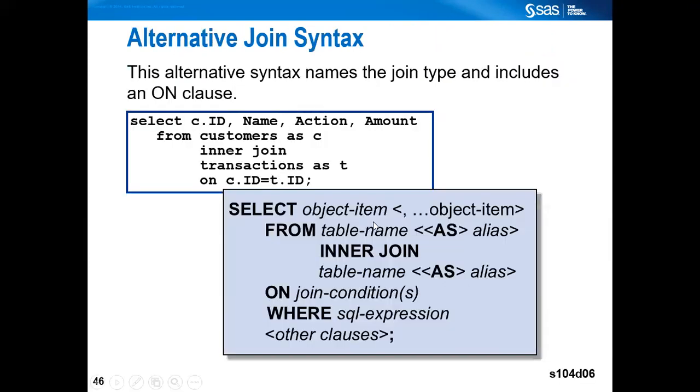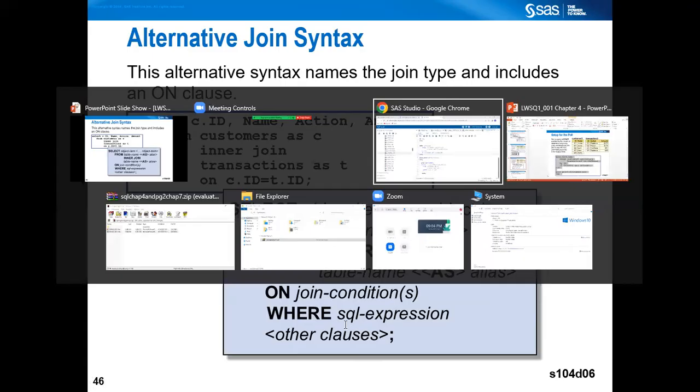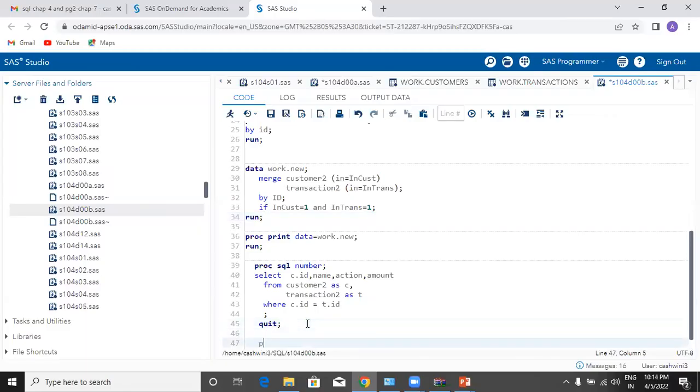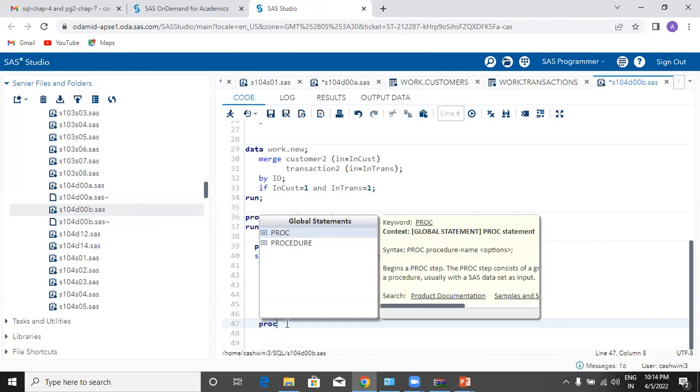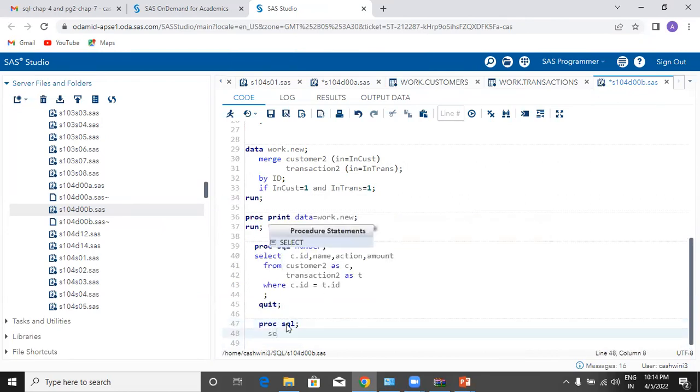Okay, so alternate syntax of your inner join. Between one table and second table you write a keyword inner join and you give your on as a criteria telling id is same in both the tables, and then you can write where, which gives you the expression to subset your rows. So alternate code of your inner join could be, I write proc sql, so it's proc sql select,